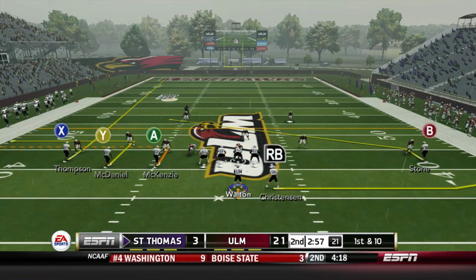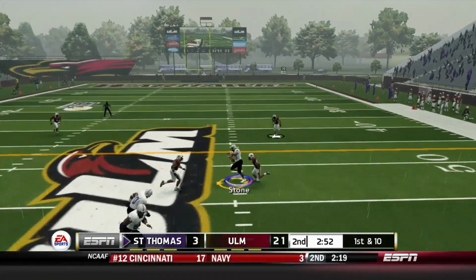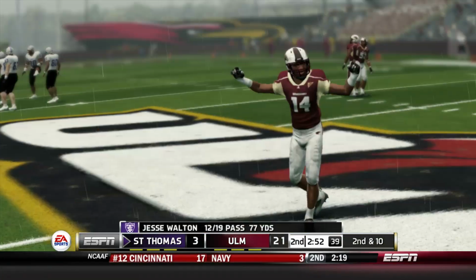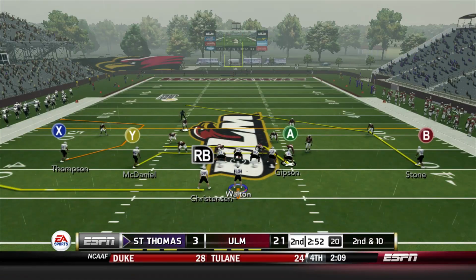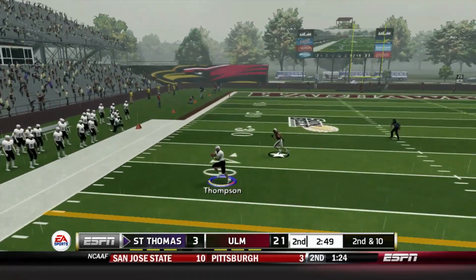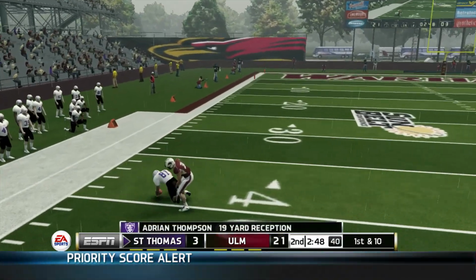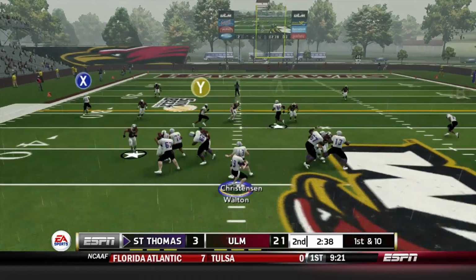Nice catch and run, as we move the chains and keep the drive alive. Now Walton, he's going to throw it to Stone, and his hands are made of stone as he drops that pass. So now 2nd and 10. Walton, he's going to throw to his left. He finds Adrian Thompson, who gains 20 on the play for a nice first down,